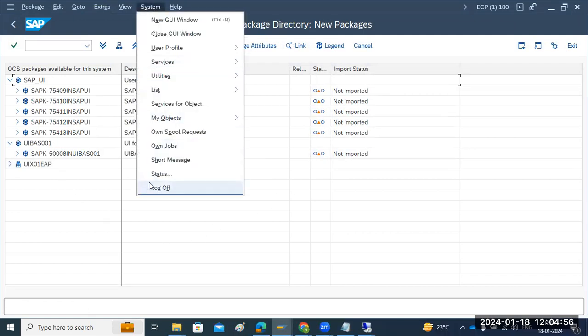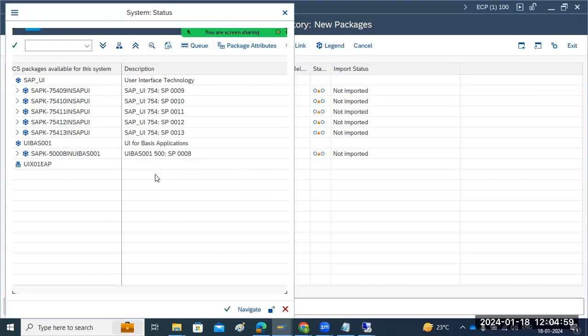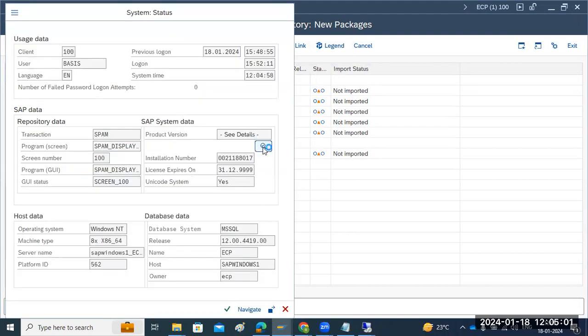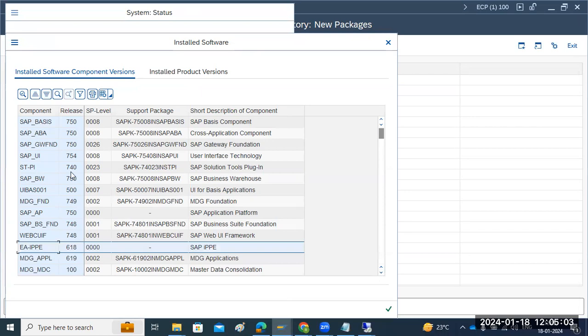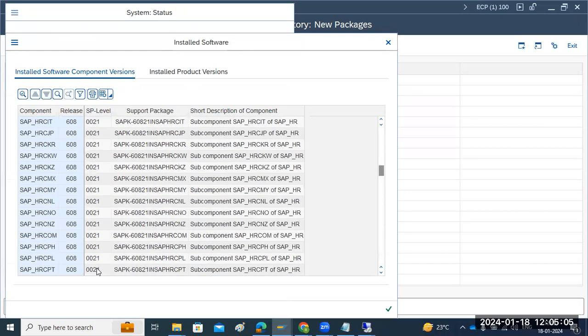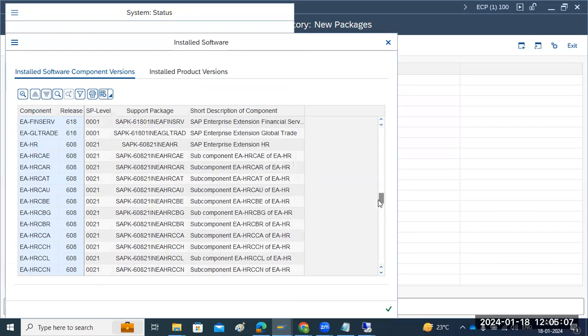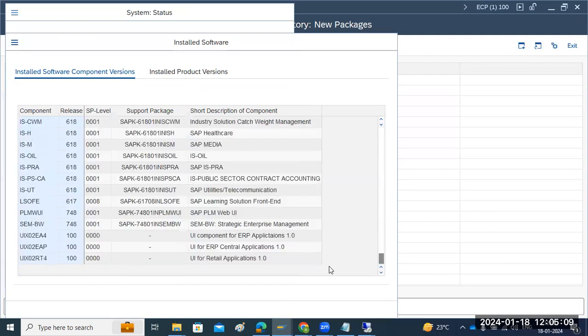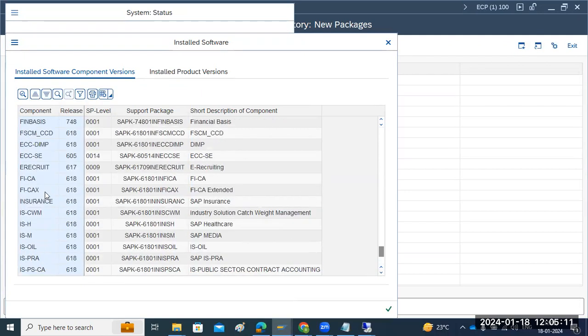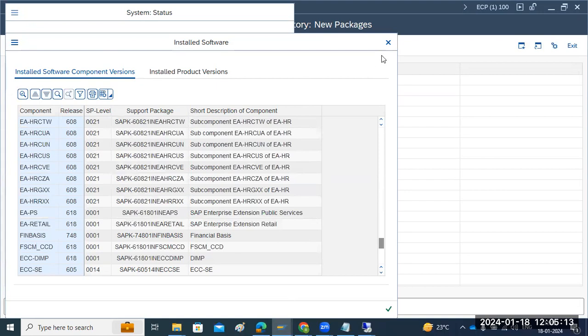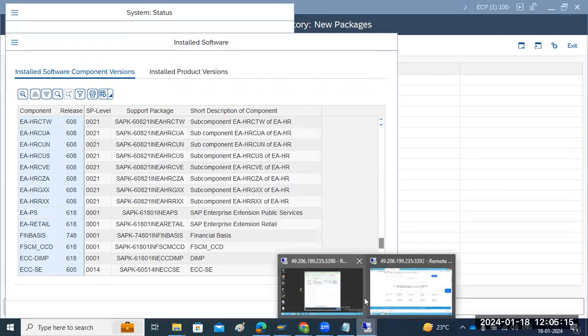You can also update our ECD or ECP. Let me check what is there here. ECD, what versions do we have? ECC, we have 23, I think the latest version. I think ST API is not there. ST API is not there. You can install the ST API in both the systems. You can also use